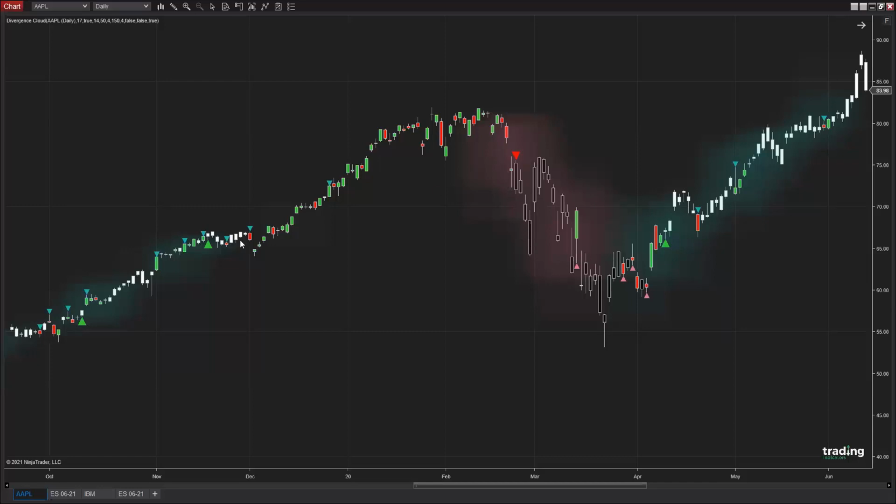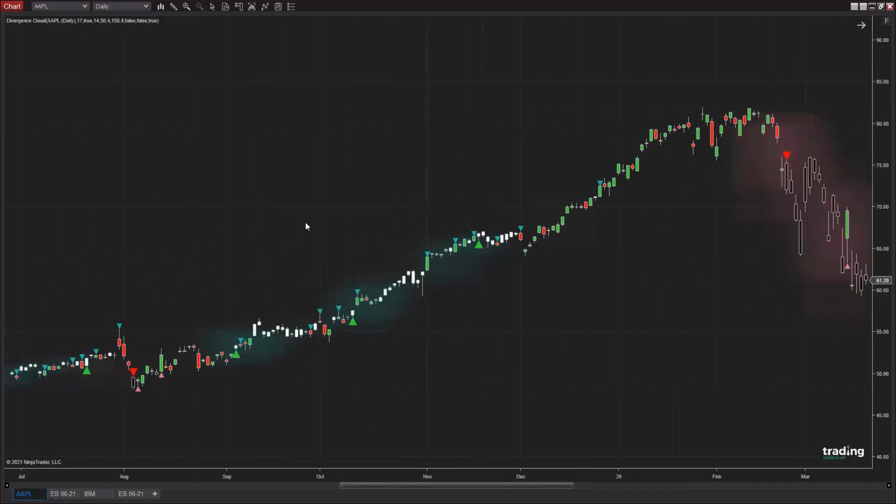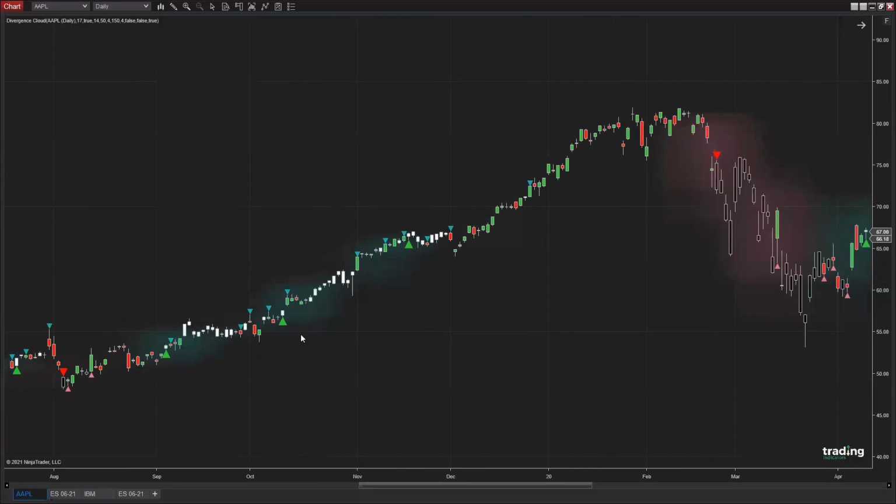Similarly to the 1 to 3 strike indicator, you also have exit suggestions. In this case, I disabled the lines that connect the entry with the potential exits, which are these triangles here, just to avoid some of the clutter on my chart. And as you can see here, the indicator does pick fairly reliable reversals in trend, or in this case, continuations of trend. Whenever you see this triangle here, it means a divergence was found. In this case, a bullish divergence. In this case, up here, a bearish divergence.